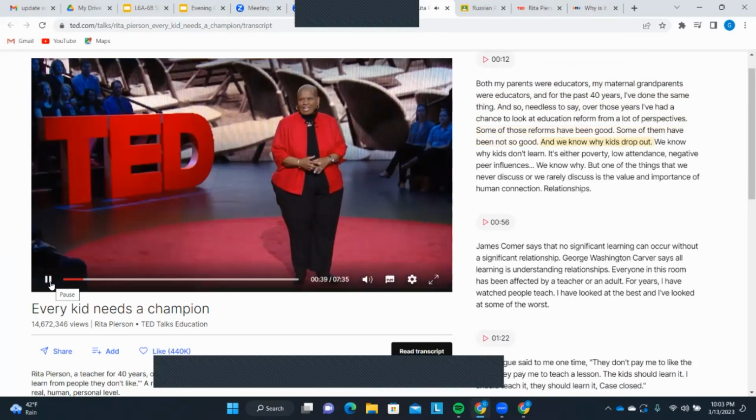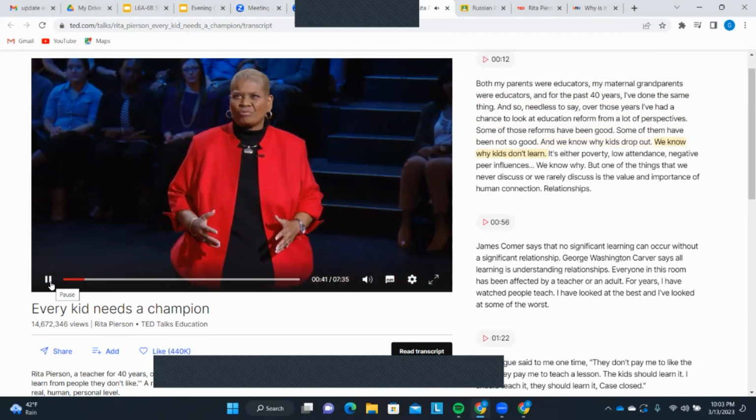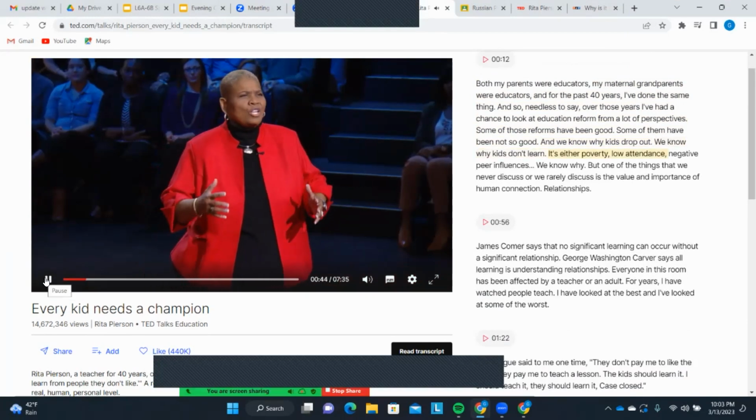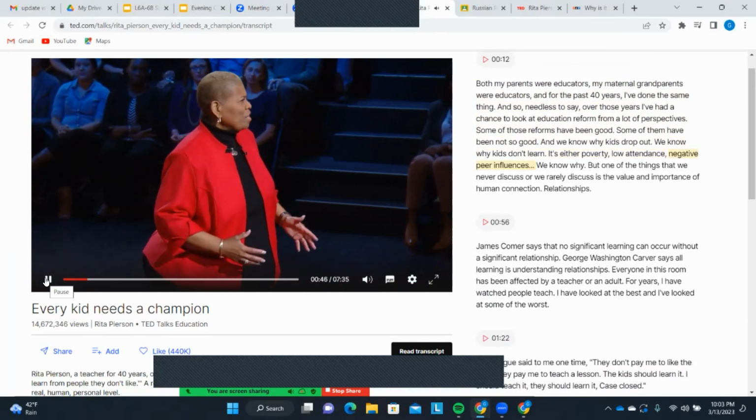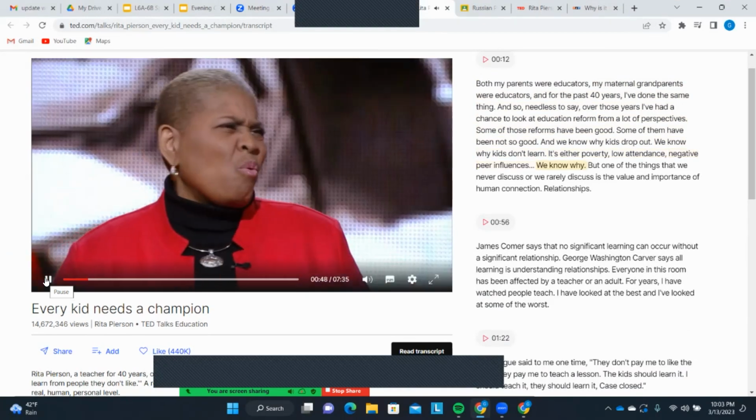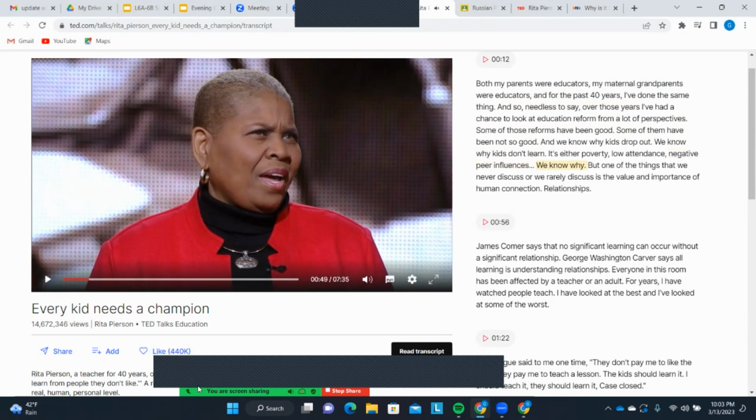And we know why kids drop out. We know why kids don't learn. It's either poverty, low attendance, negative peer influences. We know why. So stop right here